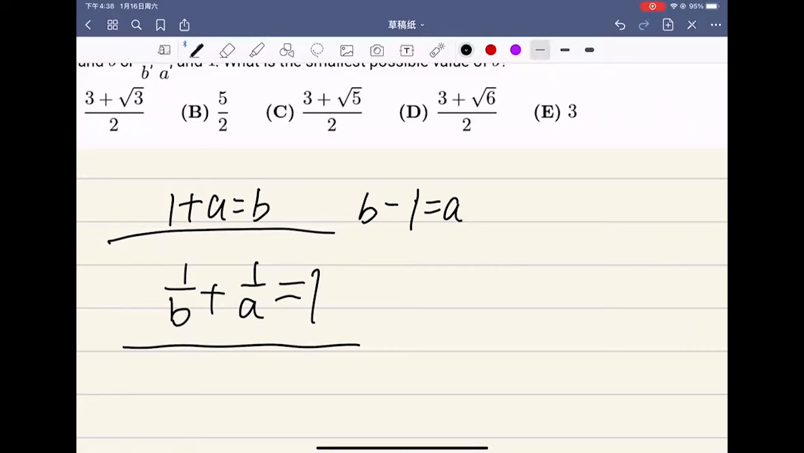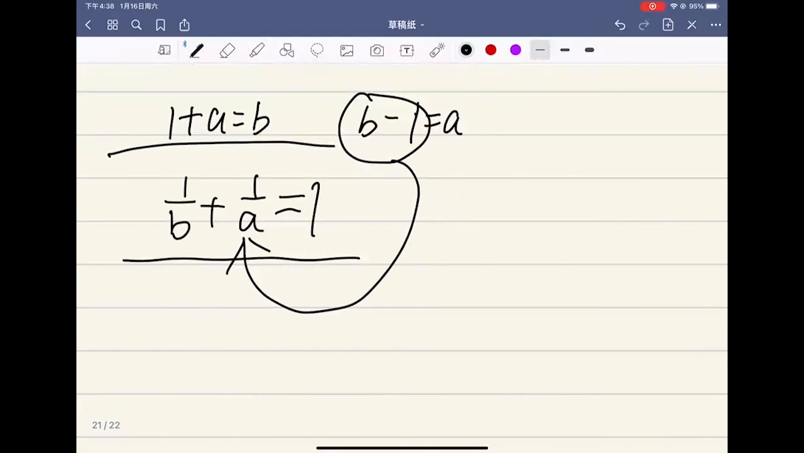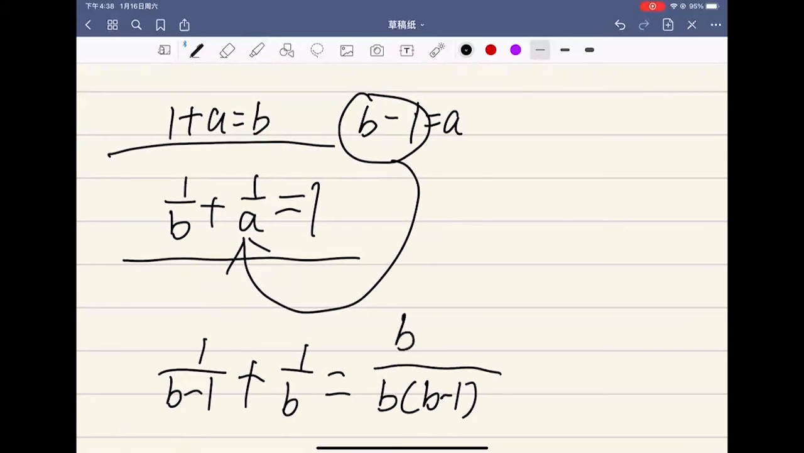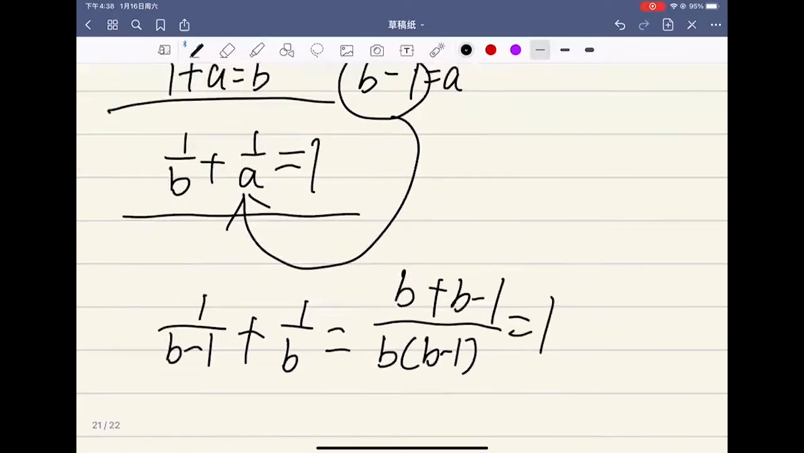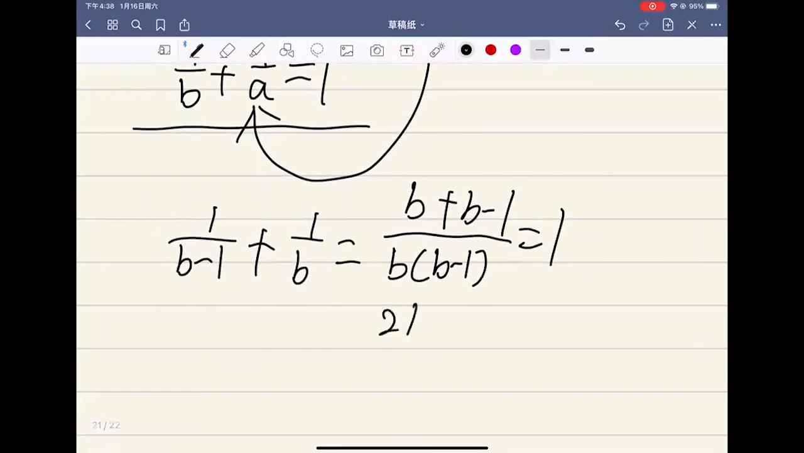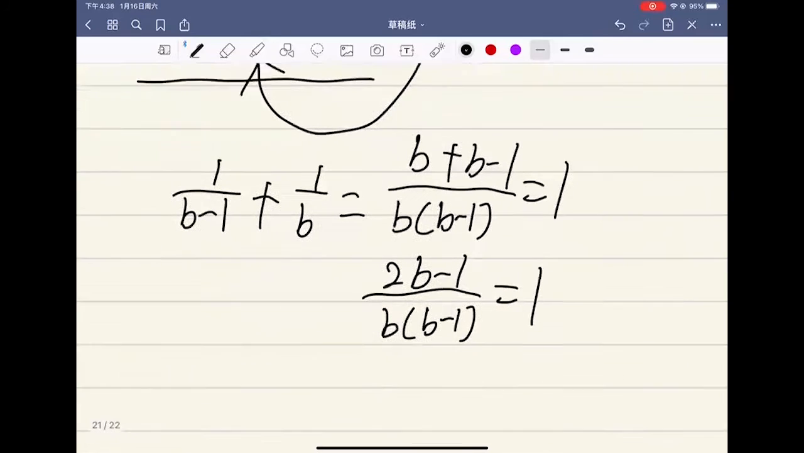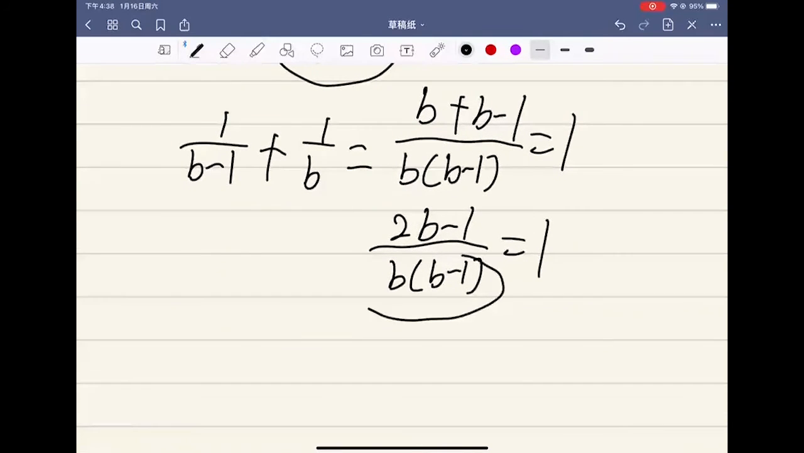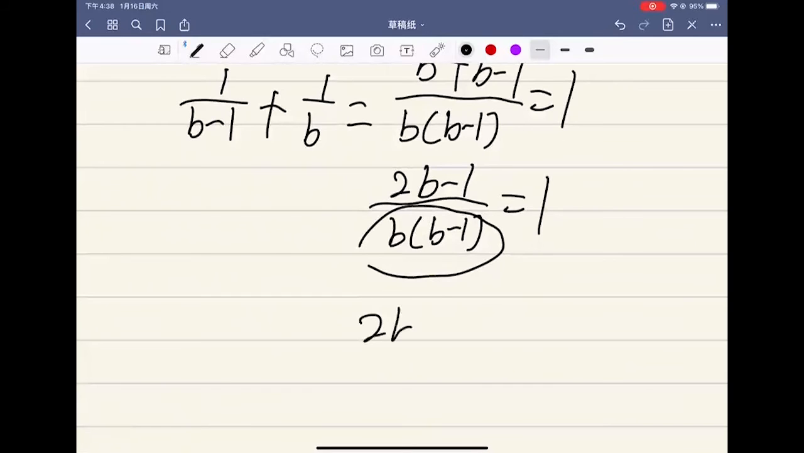So what I do, I didn't change anything. I just substitute b into the second equation. I use b equals 1 plus a, and I put 1 plus a in the place where b is in the second equation. Yeah, so actually that's the same. Just substitute a. So we multiply this on both sides. We just simply get,